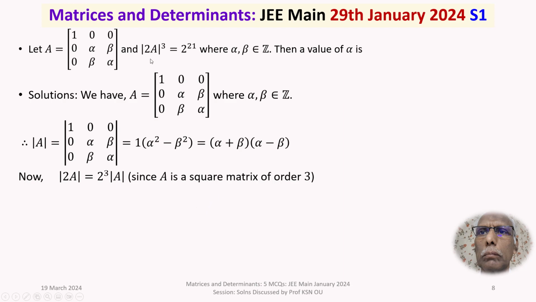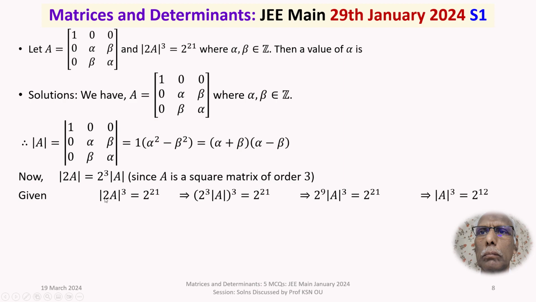And we are given determinant of (2A)³ is equal to 2²¹. What is determinant of 2A? It is 2³ times determinant of A, in brackets, whole cube, is equal to 2²¹. Raising the powers, that will be 2⁹ times determinant of A cubed is equal to 2²¹. Cancelling 2⁹ on both sides, you will get determinant of A cubed is equal to